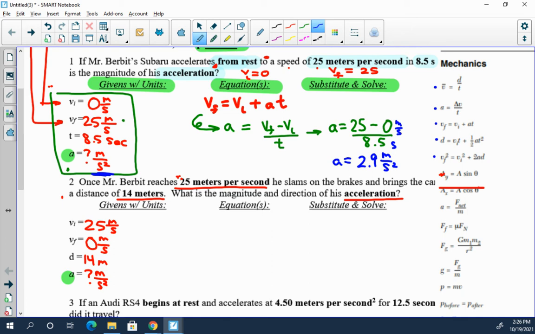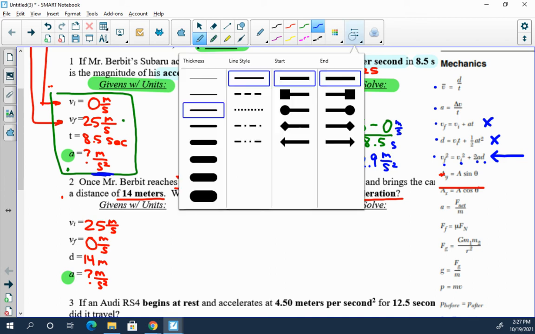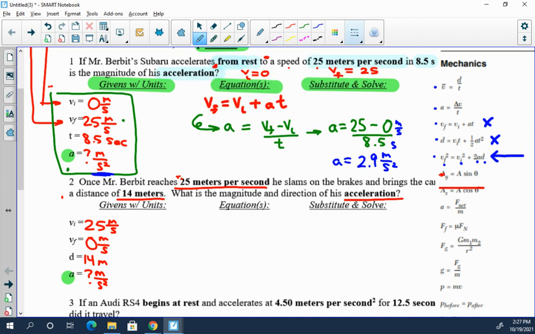And among those, one has a set of characters that matches this cast, VI, VF, and D. Let's go and look. This one has a T in it, so that's not it. This one has a T, so that's not it. But this one has VF, VI, A, and D. That's our friend. So our equation that will actually allow us to attack this problem is VF squared equals VI